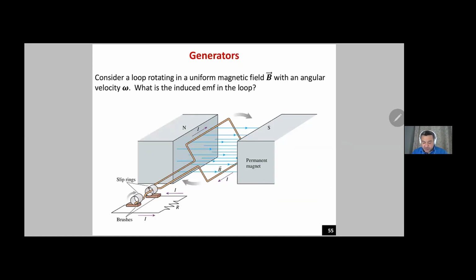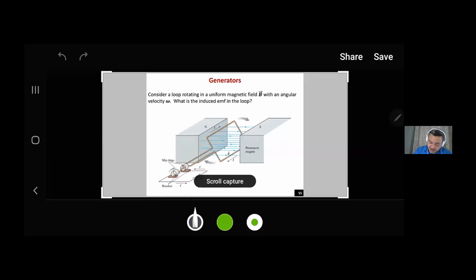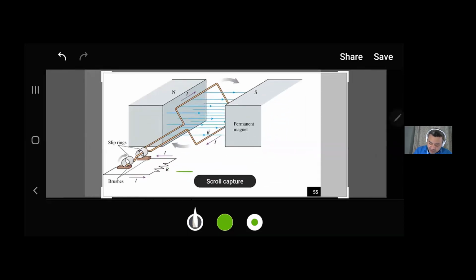Here, what we have explained earlier in terms of the loop rotating is basically what's happening in the generator. So as you can see here, I have a magnetic field that is crossing this loop, and this loop now is rotating. By this loop rotating, it will result in a change in the flux. Now, if I am to take a cross section, just to show you the cross section,